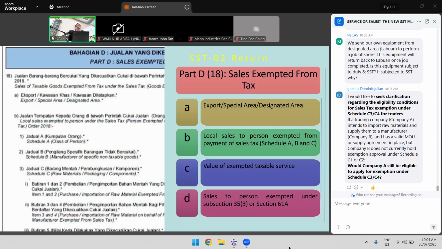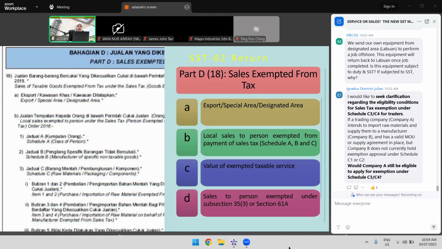In column 18, the local sales to persons getting exemption under Schedule A, B or C, and value of exempted taxable services, which I think is not applicable to you, and also sales to persons exempted under special exemption by the minister or persons